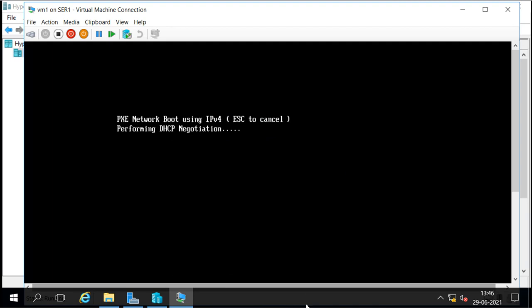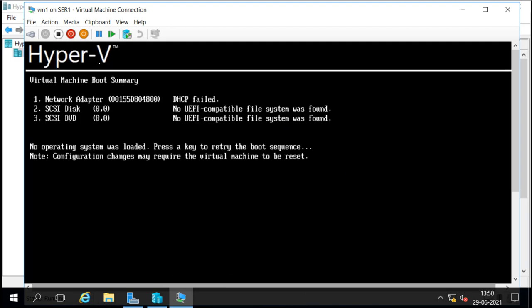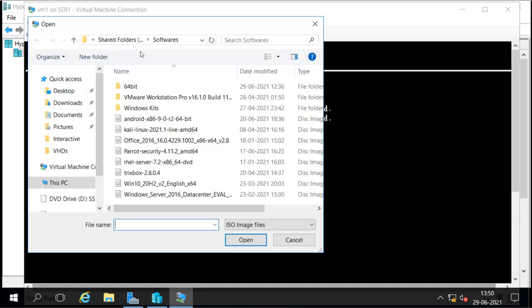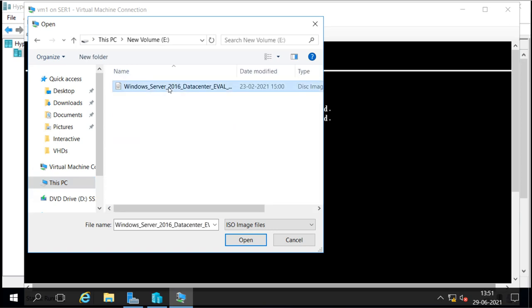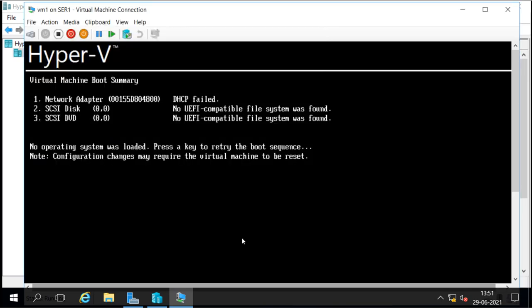Okay, it has failed to detect. Let me select again. Now I will select this again, insert the disk again. This time it is under this drive, and okay, now I will reboot again.